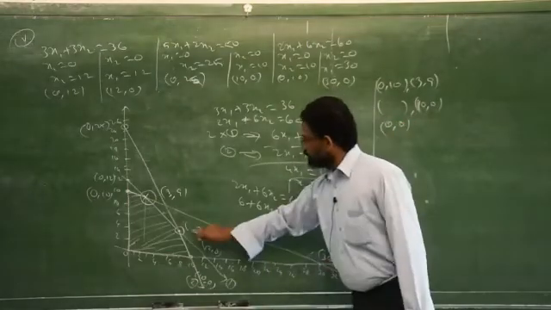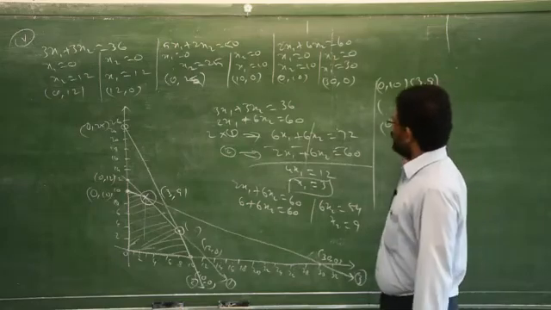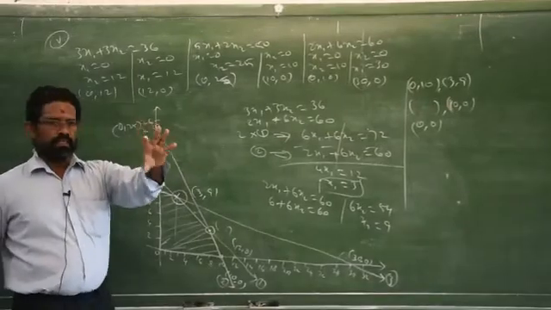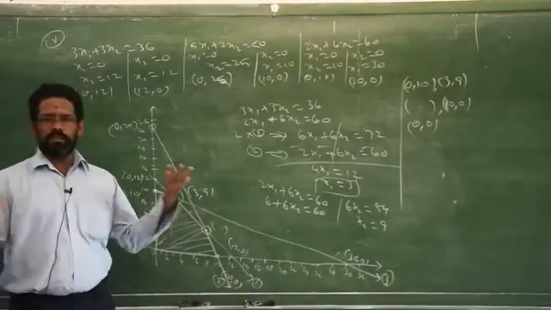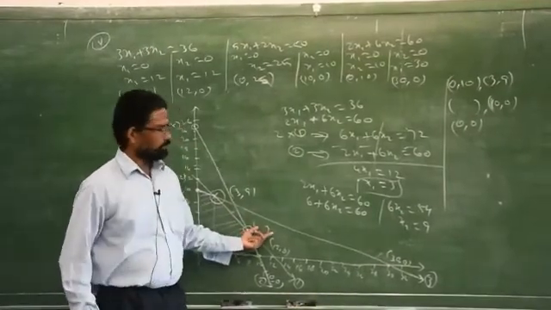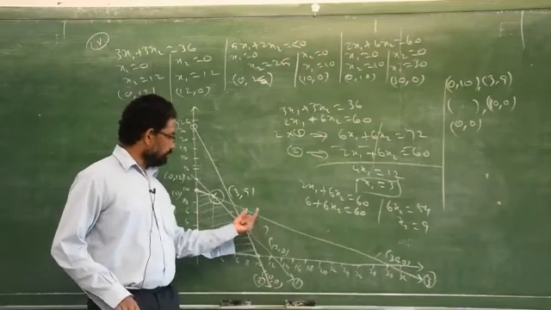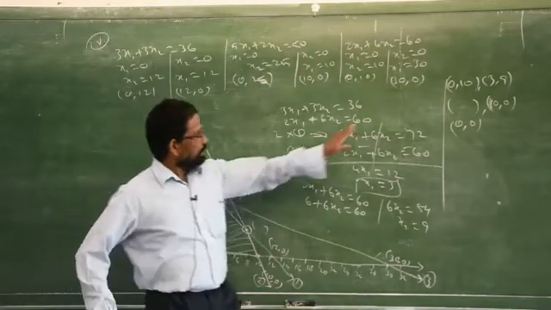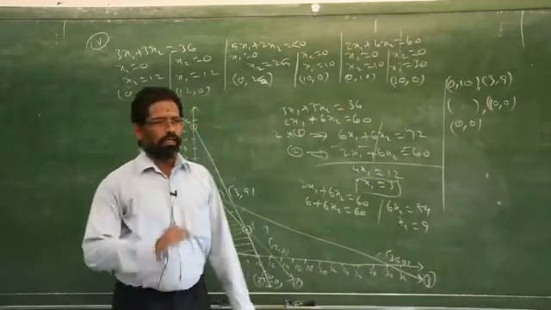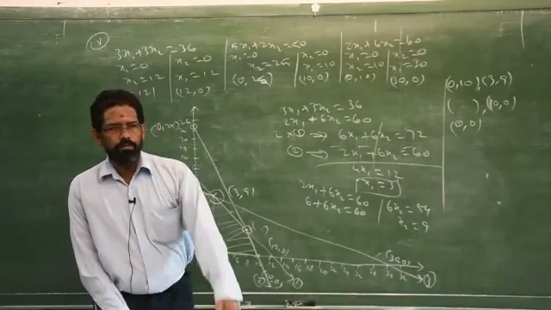After finding these intersecting points using the elimination method, substitute all these 5 edges in the question. You will get 5 answers. Of the 5 answers, which one is maximum? That is your optimum solution. Clear? So this you have to find out. If you are not able to find it, then I will teach tomorrow how to find it. But you have to find these intersecting points. Substitute all these 5 values in the question and circle the maximum value. That is your optimum solution.